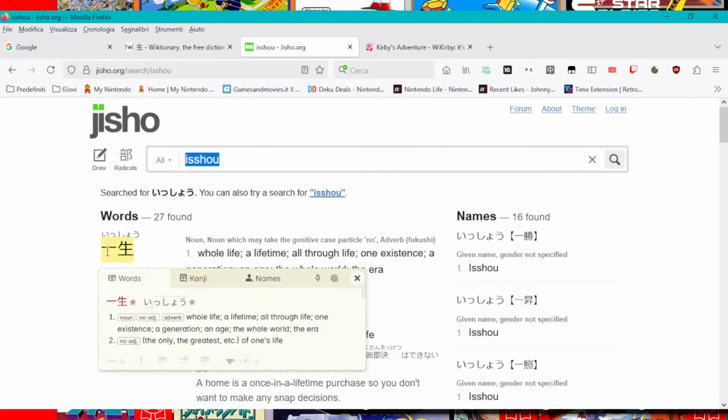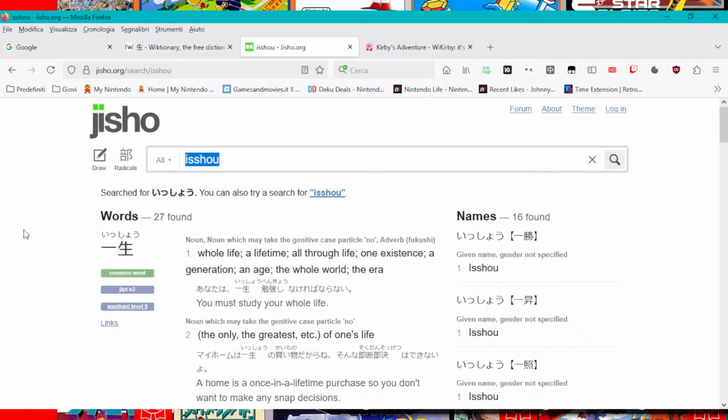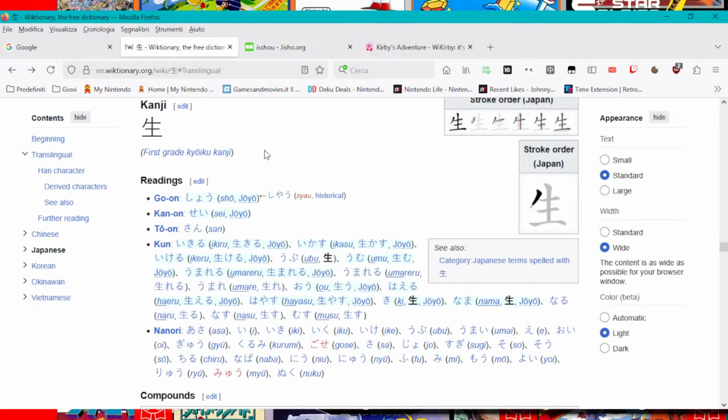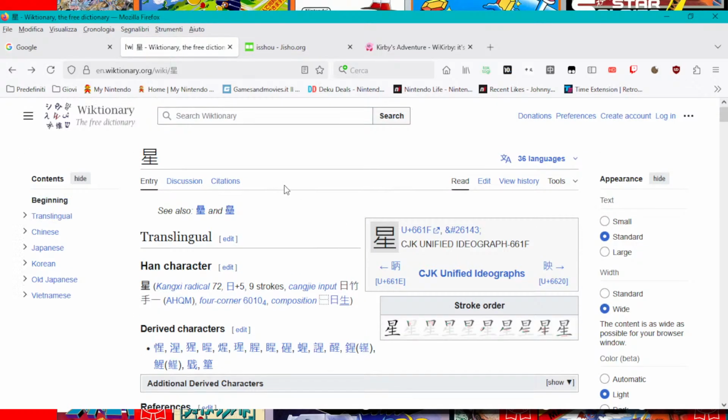Which combines sho with, yes, an accented, combines it with ichi, one life, and so the meaning is whole life, a lifetime, all through life, literally one life, one existence, and so on. With these two elements, we finally can combine them to have the kanji we have seen in